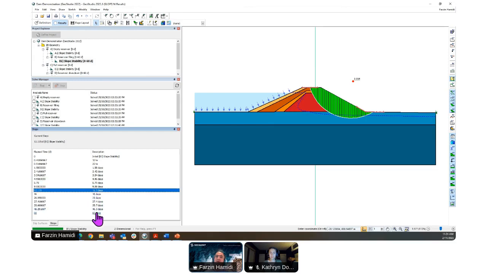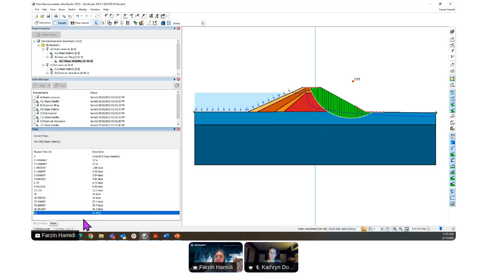As time goes on, within 60 days, we still see it here. If we use the steady state analysis, we can run and get the latest result. At the moment, you see this is 2.8-ish, and it started from 2.3.